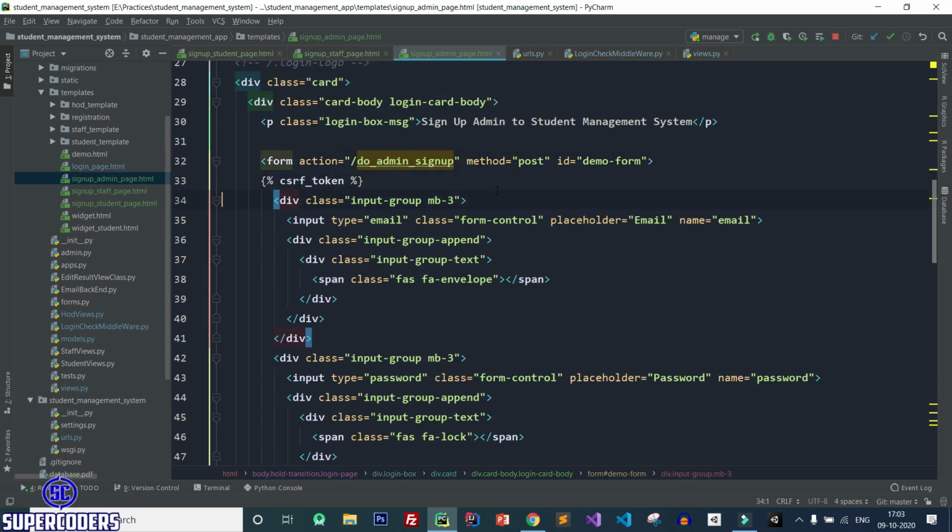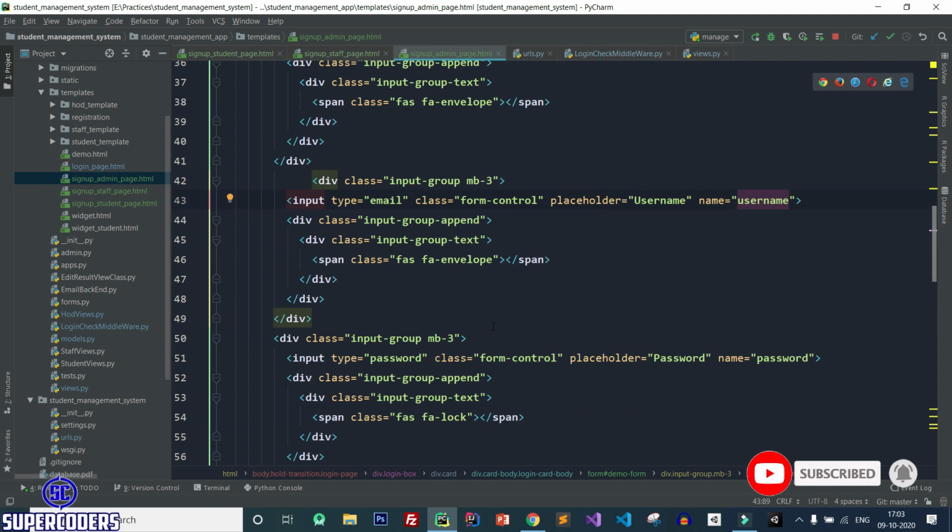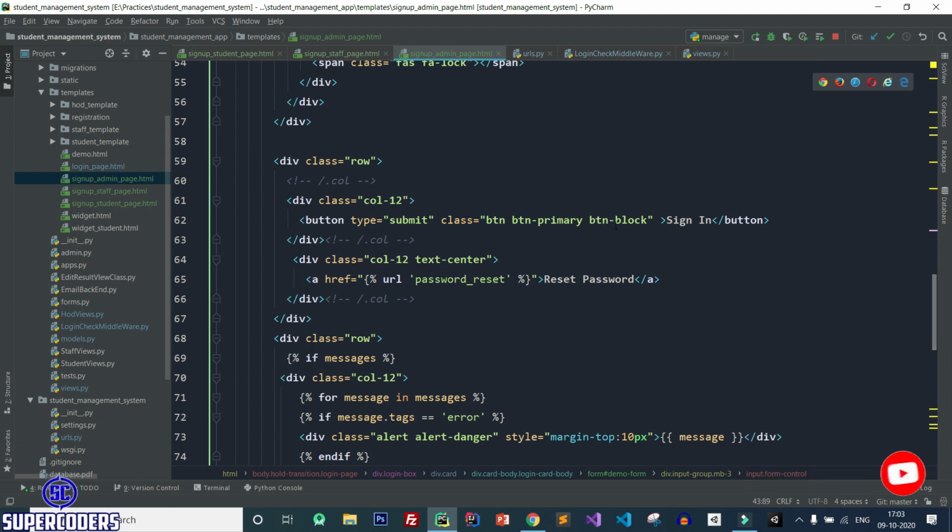Let's add a username. So copy this and paste it again. So change this to username, change this to username and sign up admin.